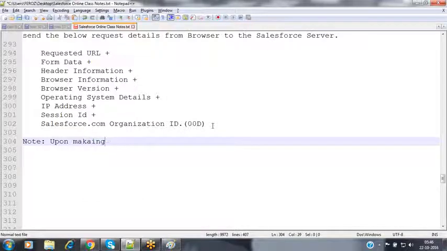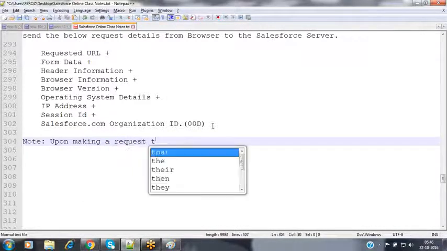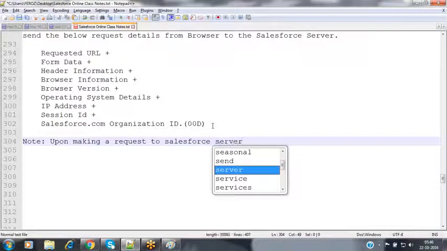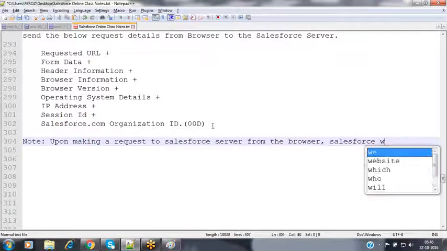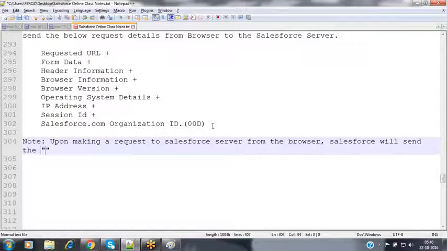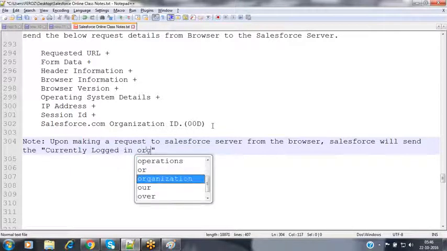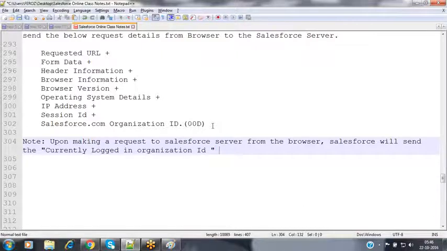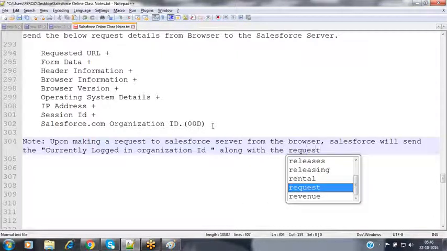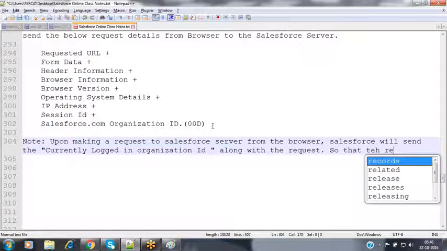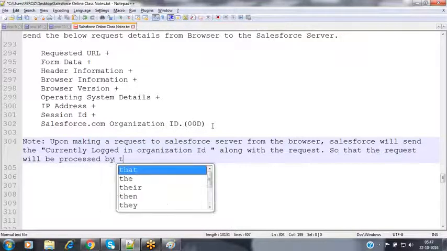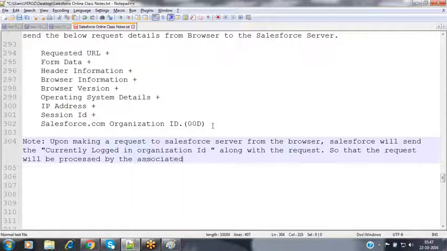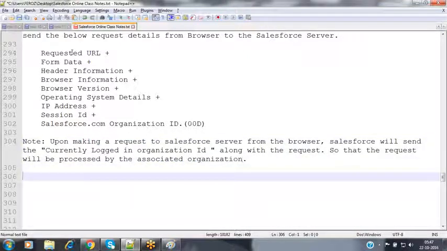Upon making a request to the Salesforce server from the browser, Salesforce will send the currently logged in organization ID along with the request, so that the request will be processed by the associated organization.